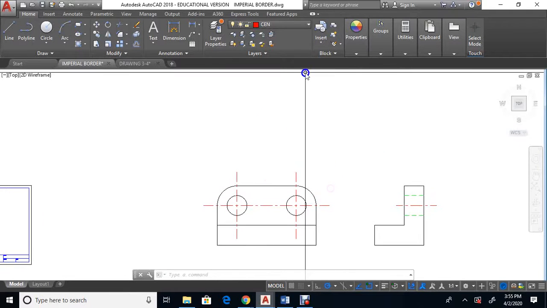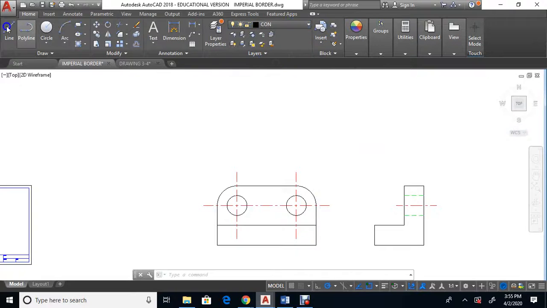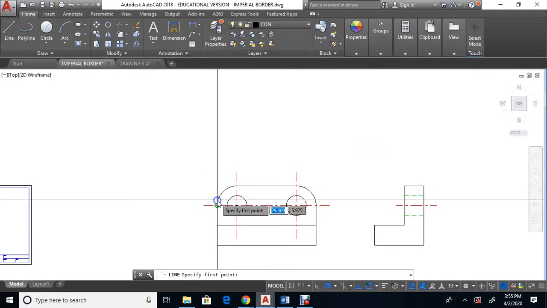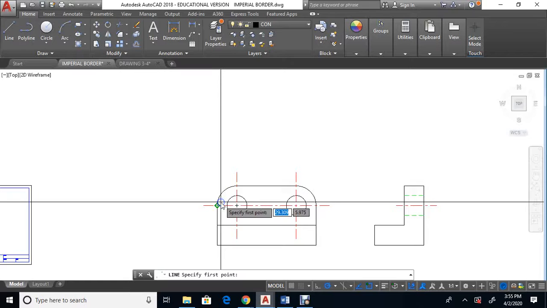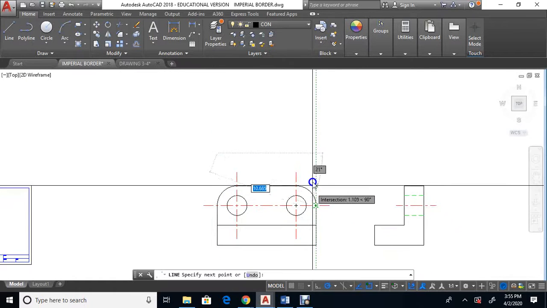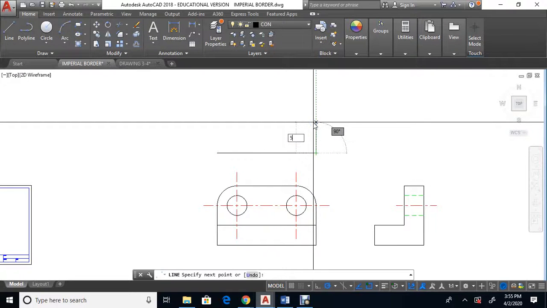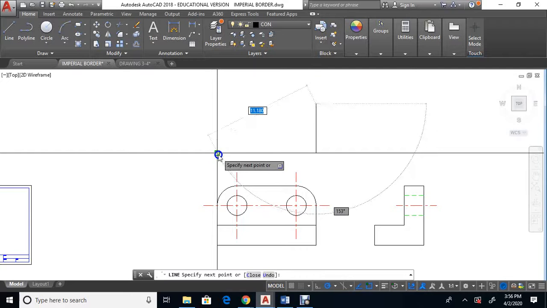Now I'm going to go over and do the top view. So I'm going to switch over to the con layer again, and I'm going to do the top view. So I'll do a line which matches here to there, and I'll do another line which matches here to there. I believe it was 5 up. Match over here